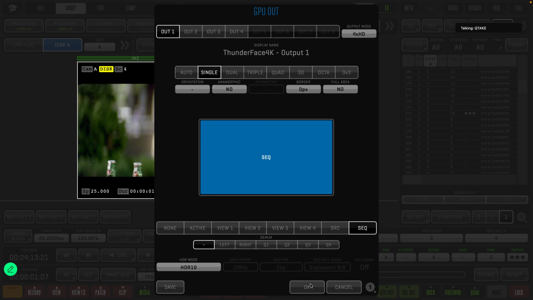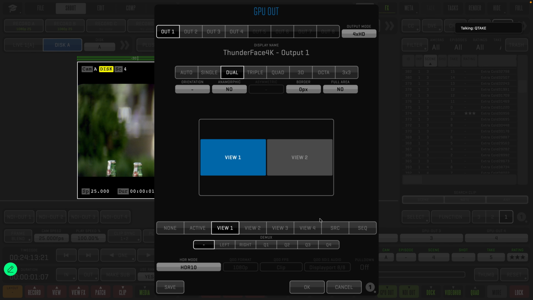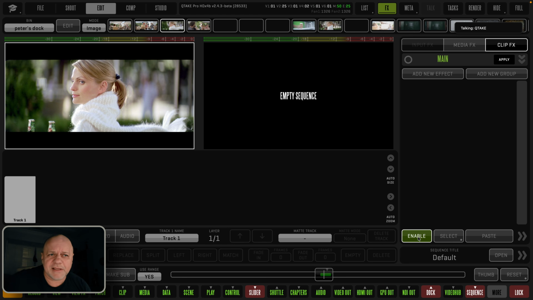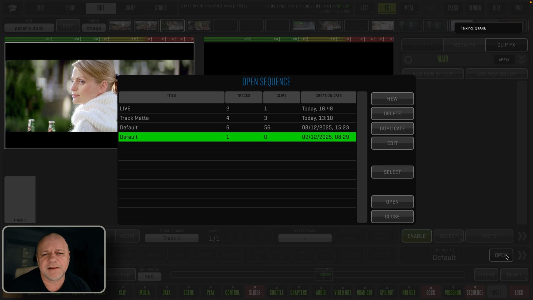Sometimes your director wants to see both the source view and the sequence view because it's important for editing if he's not sitting next to you. So this is possible as well. Okay, so independent views. Next thing, as Dominic is showing us now, we can see that create new sequence has